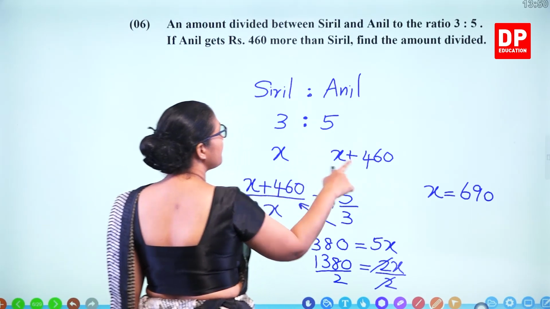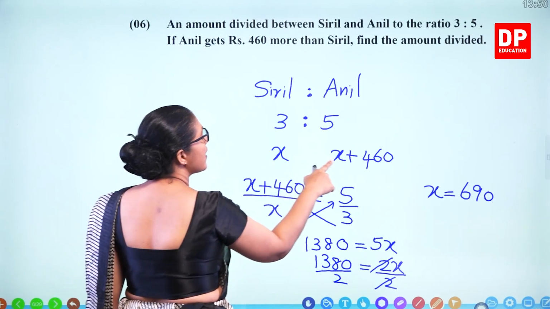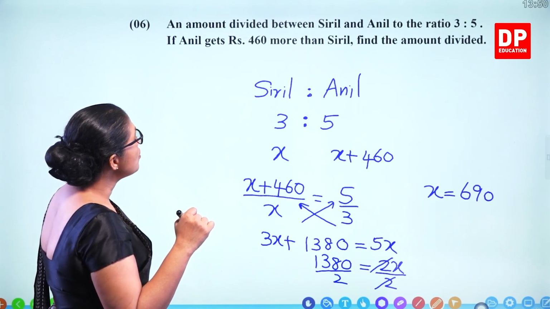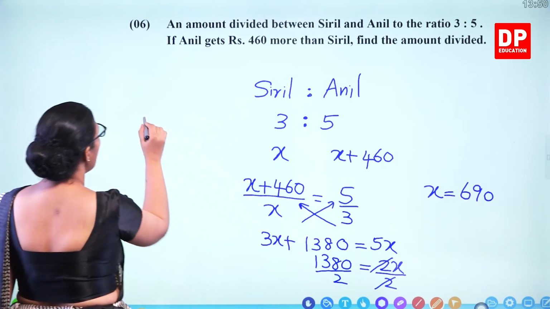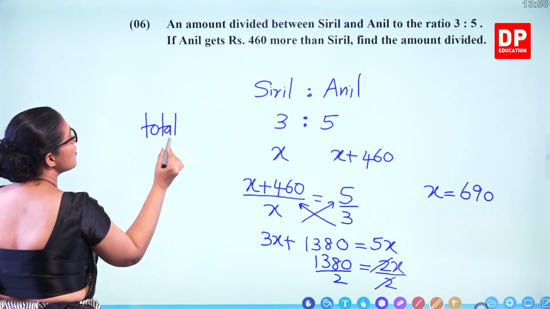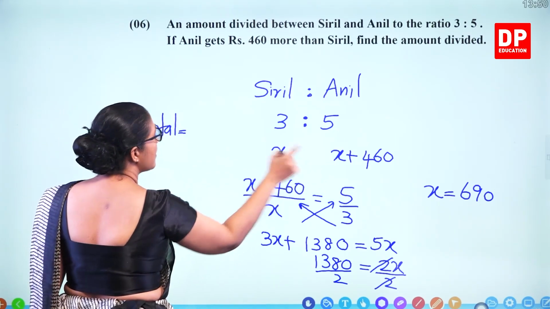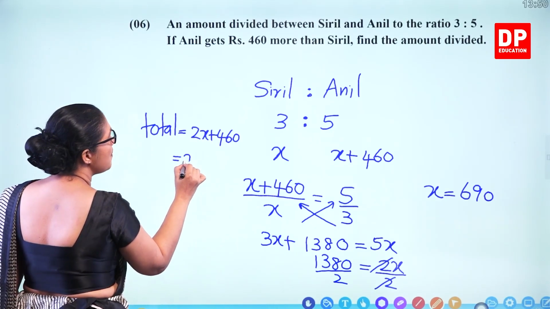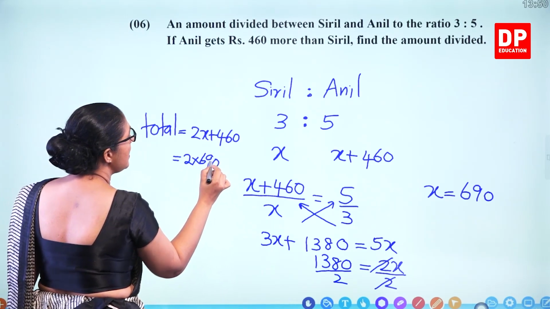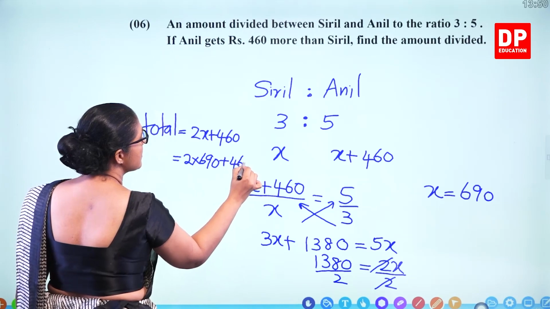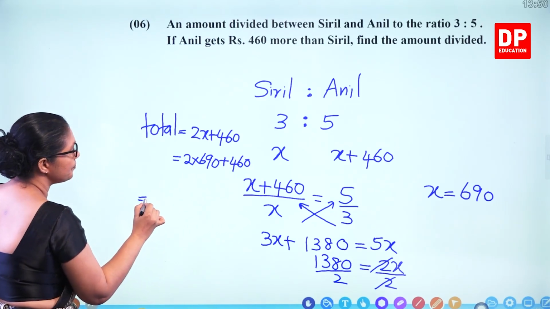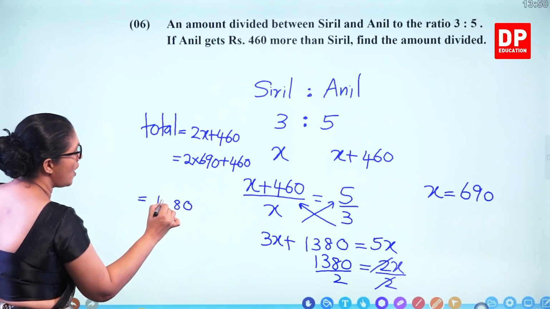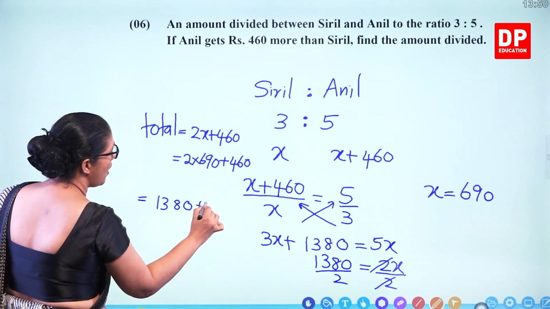So total is 2x and 460. So we can find out the amount divided is total value. Total is equal to x and x, 2x plus 460. So you get 2 times x, that's 690 plus 460. What's the value? 2 times 0, 2 times 9, 18. And 2 times 6, 12 plus 1, 13. Plus 460,